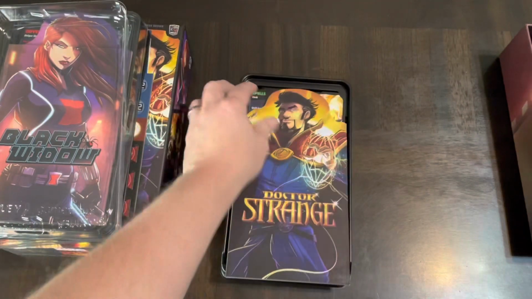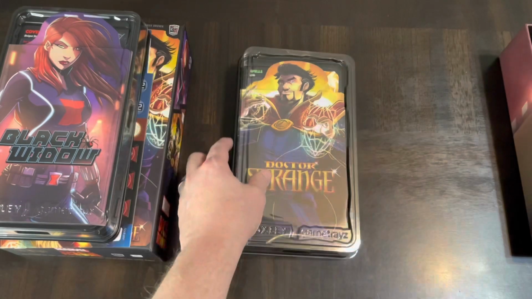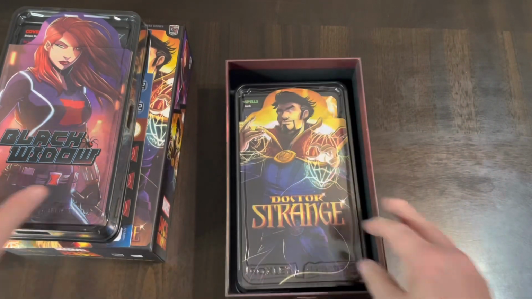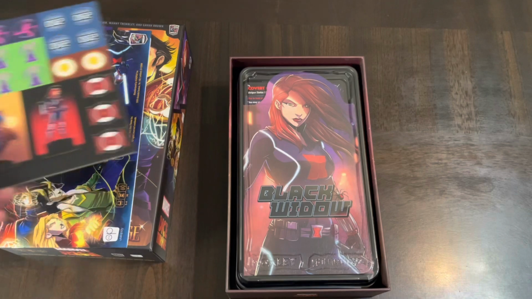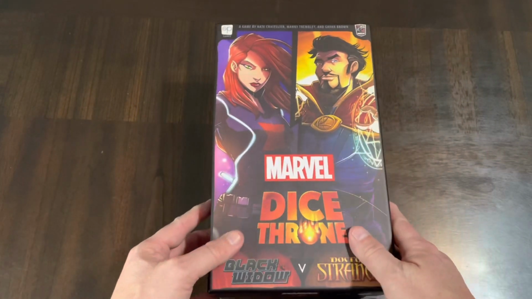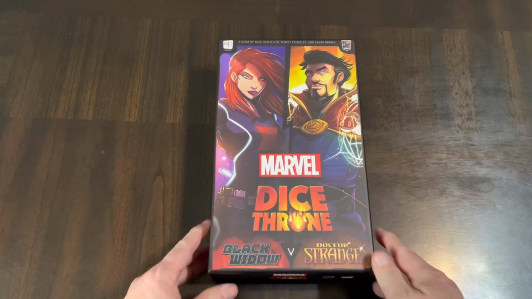So once I punch out his special tokens, there's a little tray in there for him, then I can play Doctor Strange, or I can take this and play against anybody else, Black Widow, or if I own any of the other ones, which I do, then I can play him against them. That is it. That is what you get in a box of Marvel Dice Throne Black Widow versus Doctor Strange